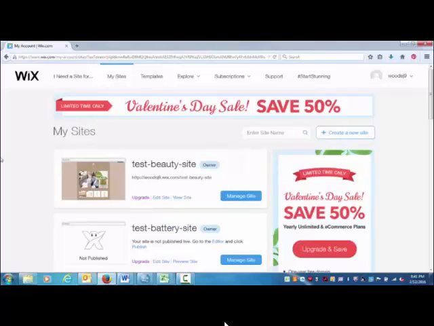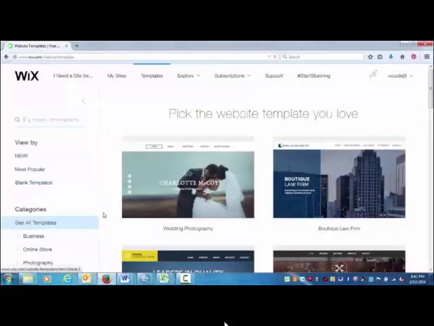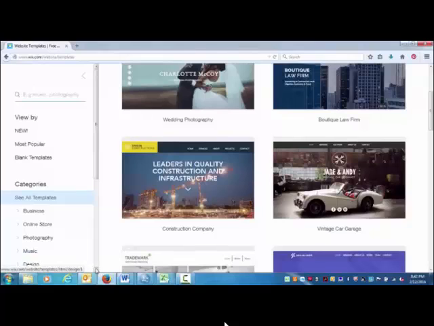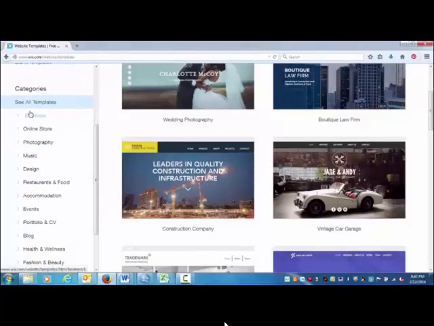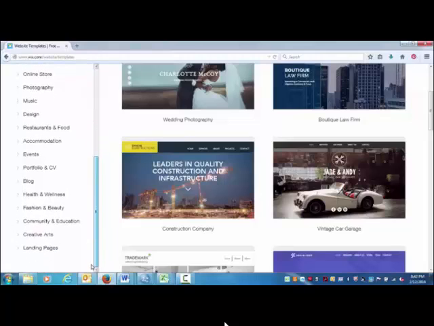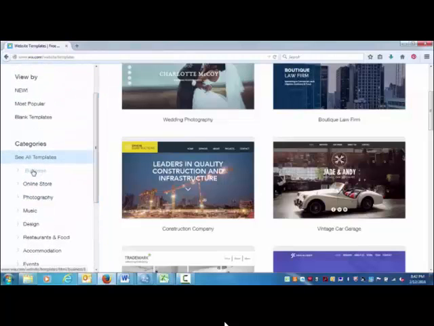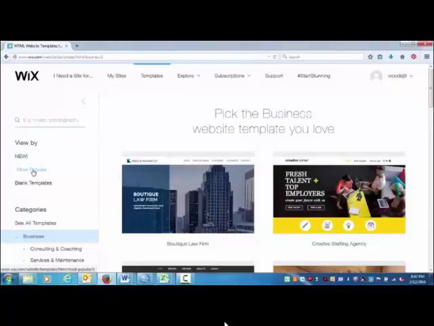Now, the first thing you're going to need to do is choose a template for your website. So if you click on Templates and just scroll down, you'll notice on the left-hand side here, there's all kinds of categories of templates, so businesses, online stores, photography studios, restaurants, health and wellness, pretty much any area you could imagine. So if we just click on business here,